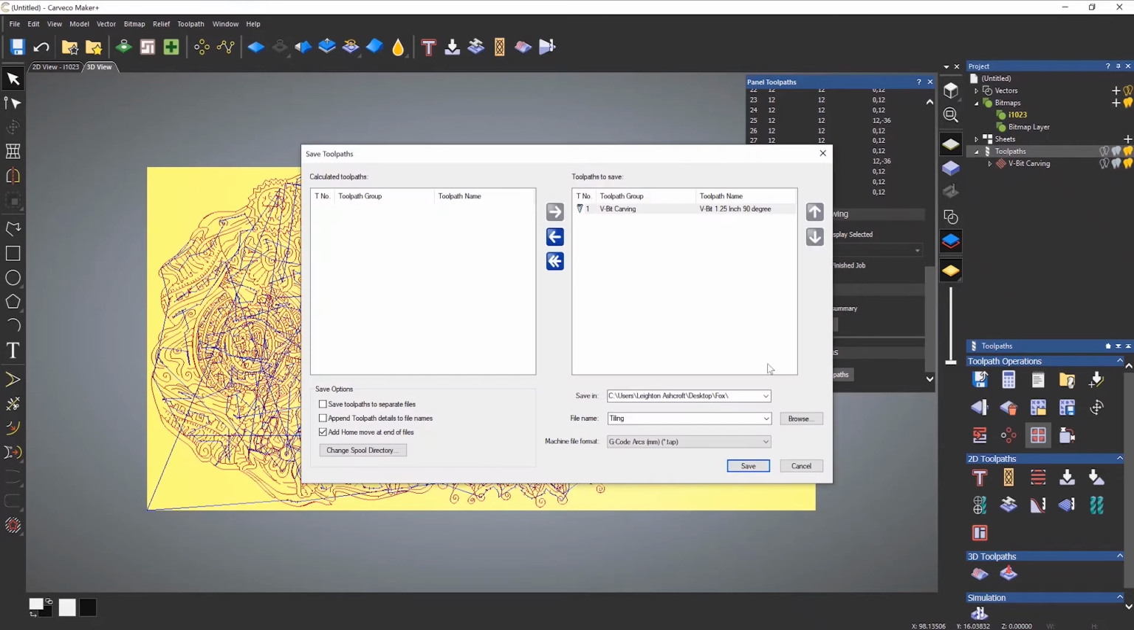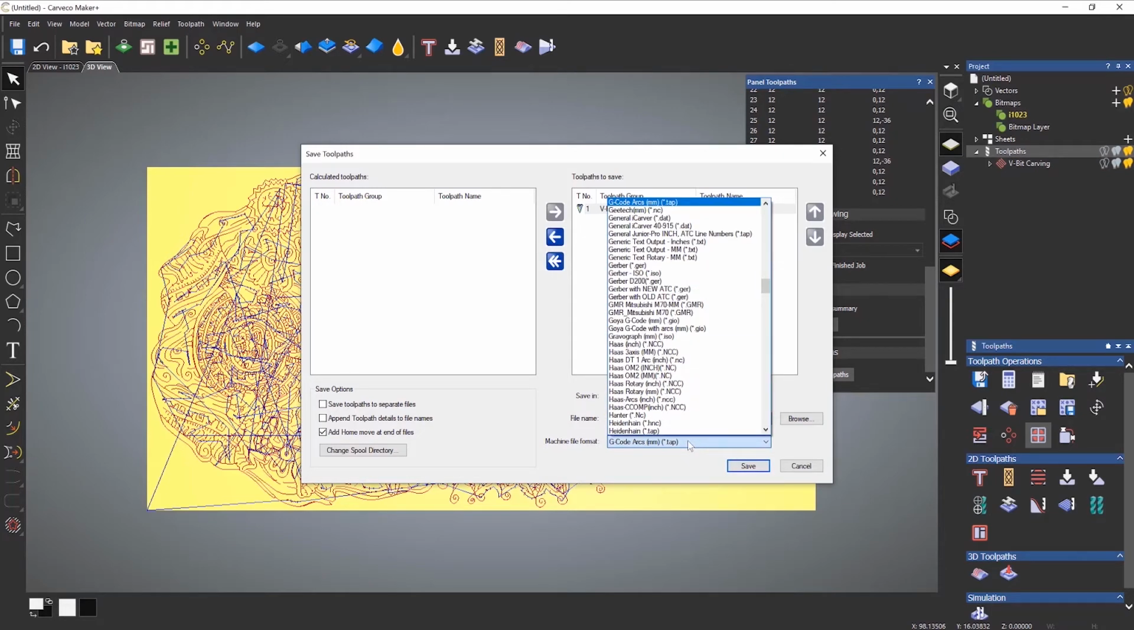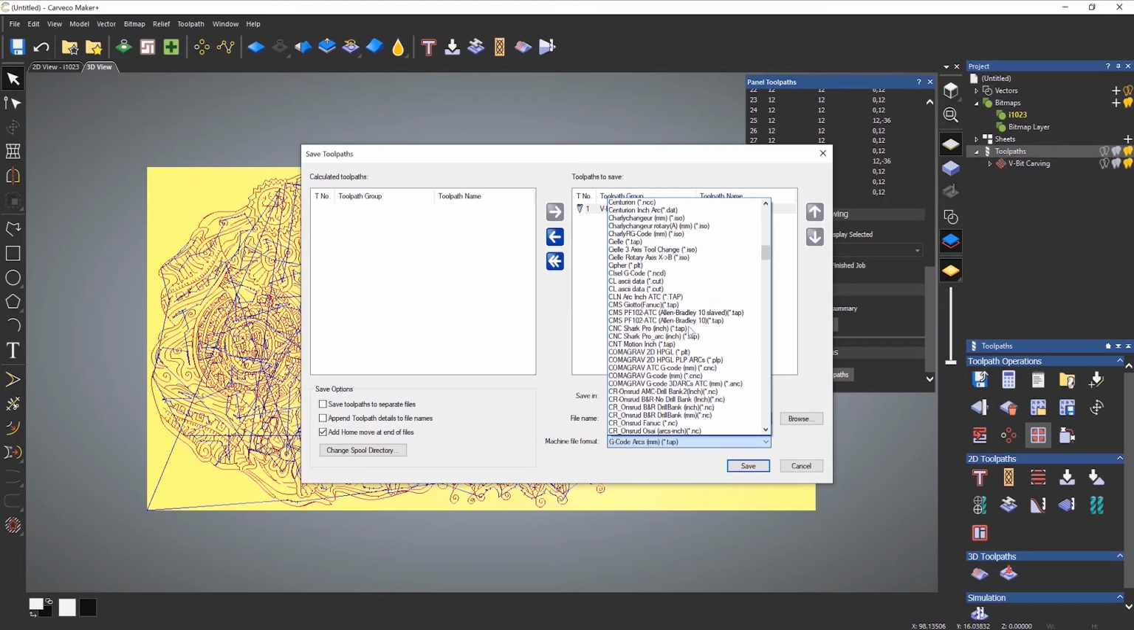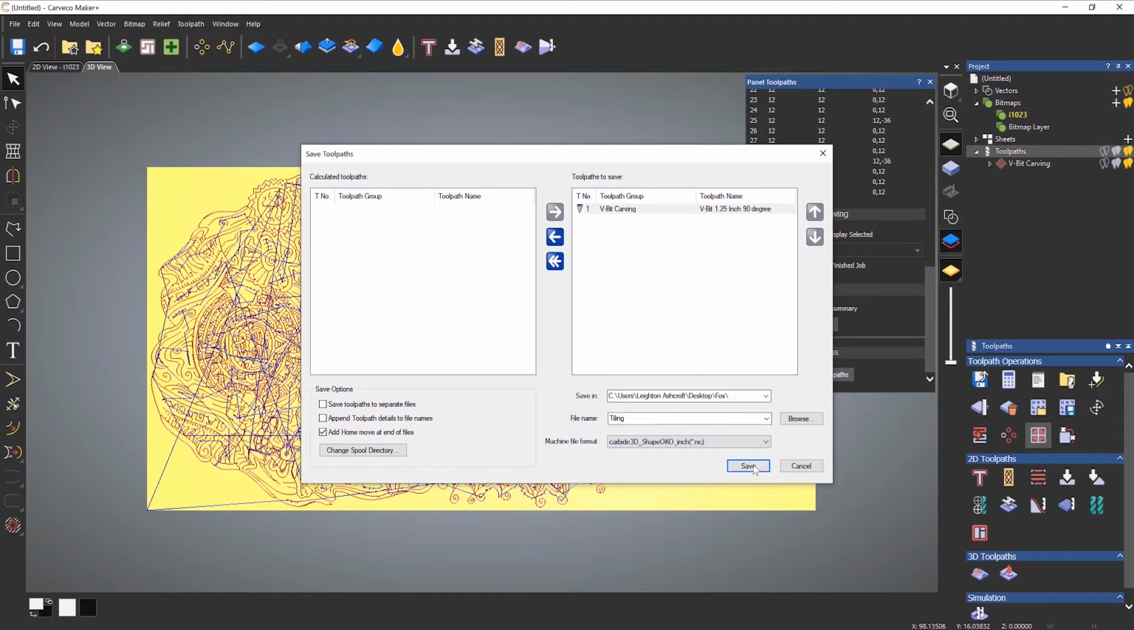click Save Panel Toolpaths. This takes you to the Save Toolpath dialog, as you would in any other toolpath if you were going to machine it. And I've already got this set up in the folder, which is called Fox. And I'm just going to call it Tiling. Let's use the machine file format. This is basically a converter that converts the information from Carveco into a format that your CNC machine will understand. So if I come up to a Shapeoko inch, click Save,